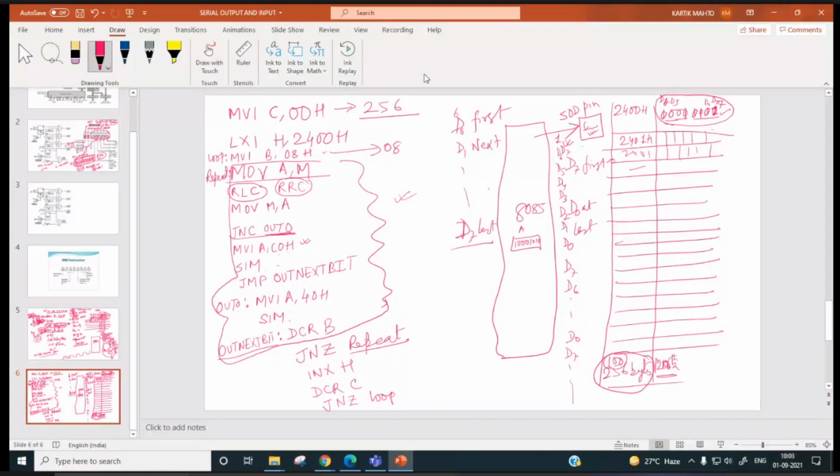At what time? Sir, 5:40 p.m. Okay, I'll inform HOD sir regarding this, and we will take the consent of section B students also. Then we will decide. Okay, okay.